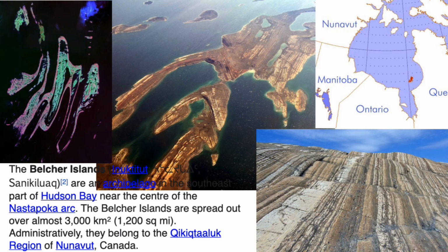a geologist's dream. I say this because the rocks here have been spectacularly folded and turned to a vertical shape. These are Google Earth views of what it looks like, and this is a drone view of the different kinds of layers. And so there's just layer after layer of different kinds of formations, including